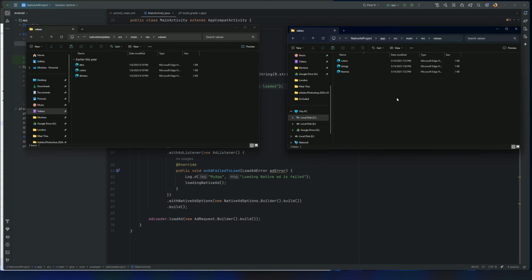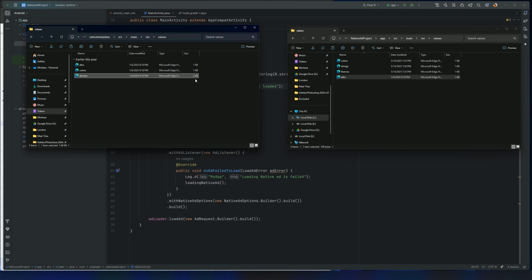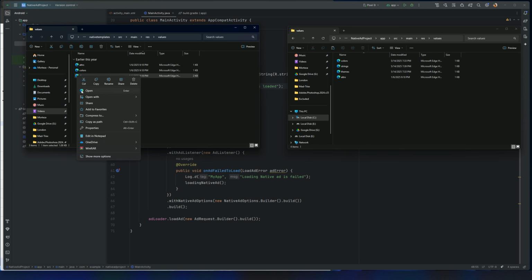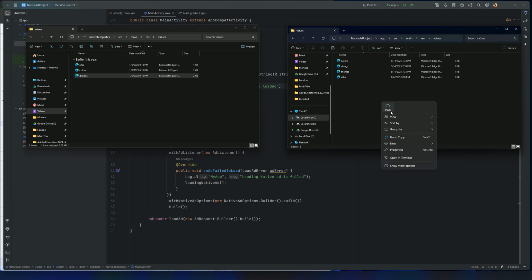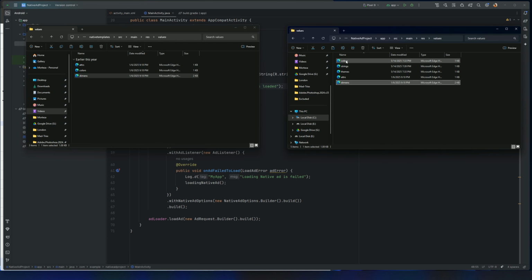I have no attribute in my project, so I can copy this one to here. Also for the dimensions, I have no dimensions in my project, so I can use this dimension file to here. But I have color here. I don't want to replace this color to here. Instead of that, I